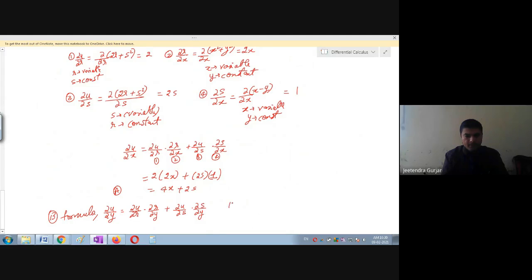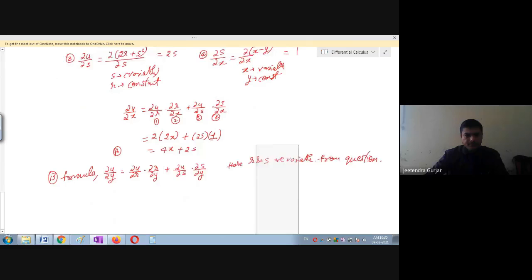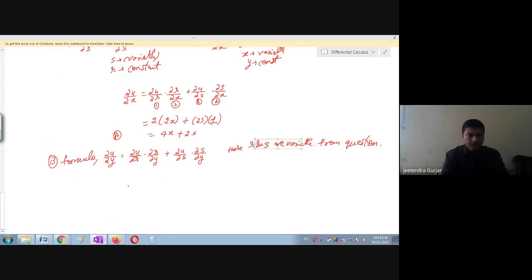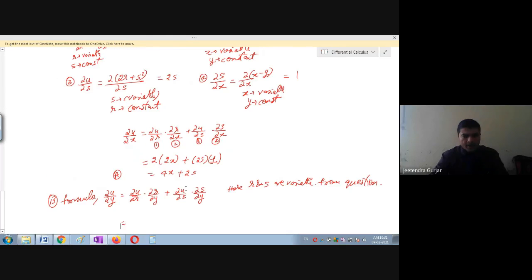So here you can see r and s are the variables, they have already been given in the question. What is the given question? You can identify it very easily. Then again divide this by parts and substitute one by one. Now we have already simplified some of the values, so we can see easily. You can just substitute u, r and s values.